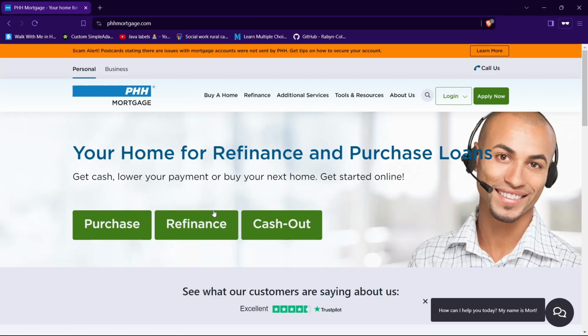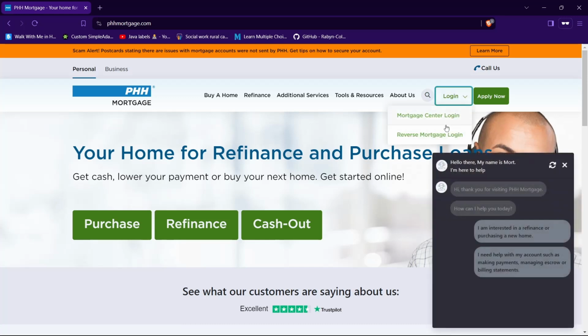And now we are in the official website of PHH Mortgage. Now to log into PHH Mortgage, tap on this login button. And here you will see two login options. So based on your choice, whether you are trying to log in to your mortgage center or reverse mortgage, tap